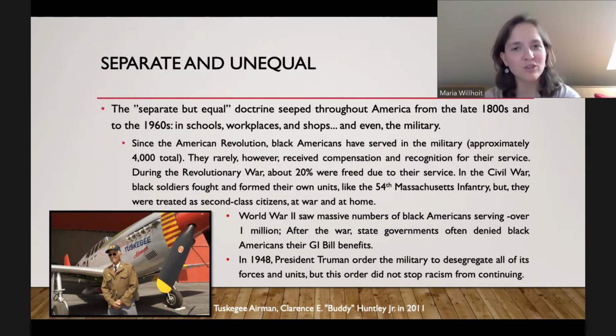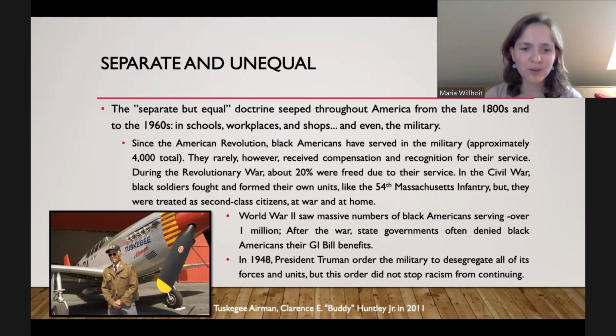And even with President Truman, he actually orders the desegregation of all military units. But even with this order, Black Americans realize they need to do more to change America, to finally experience the justice and equality that they deserve. And just because Truman orders the desegregation of forces in the military, there's still racism in the military, even today. It's better than it was before, but we still have it, you know.